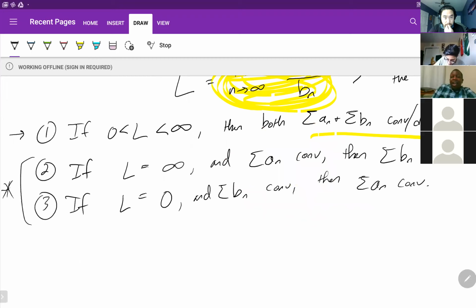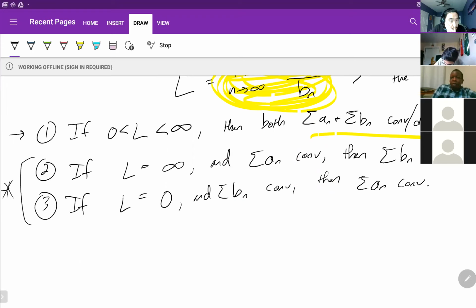The reason why the first statement... I was thinking about this in the beginning for a few seconds. The reason why I said let A sub n and B sub n be positive sequences is so that the limit does not... Did anybody even hear what I said? I'm trying to understand what you're saying. I'm saying the reason why A sub n and B sub n need to be positive sequences.